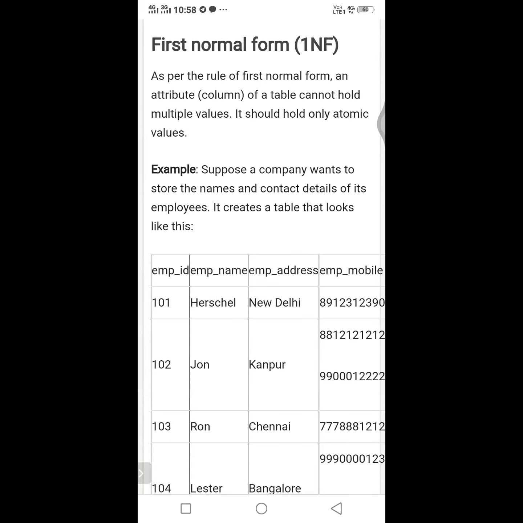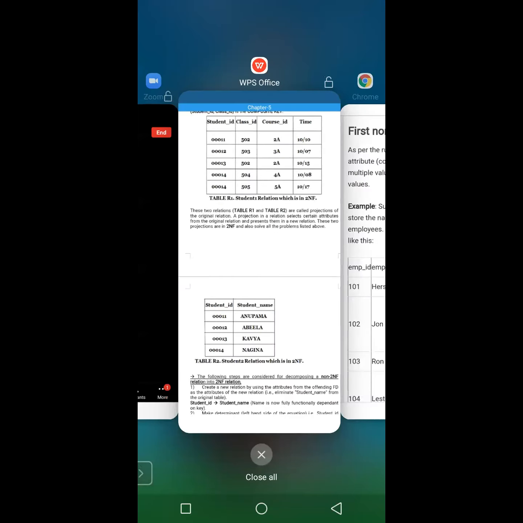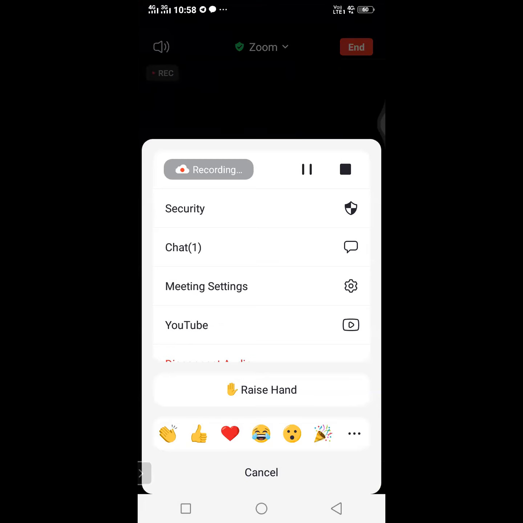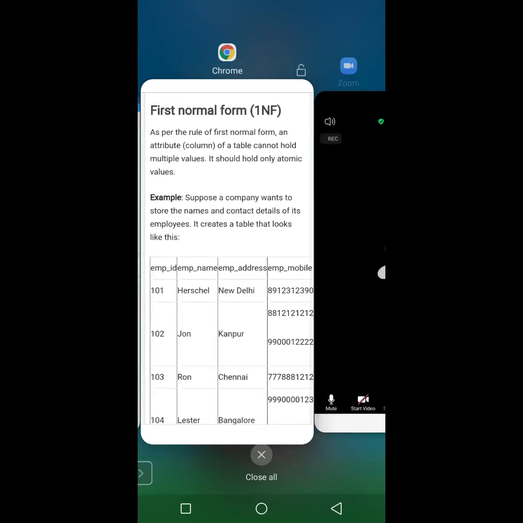Okay, so this is the first normal form. We are already discussing this. I already mentioned one thing: every day I will try to explain only one normal form, so we will practice on only one normal form. Then in the last class, at the end of this chapter, we will discuss some problems on these normal forms, in which type of way questions are asked on normal forms and how we answer them. So we'll discuss all these things.